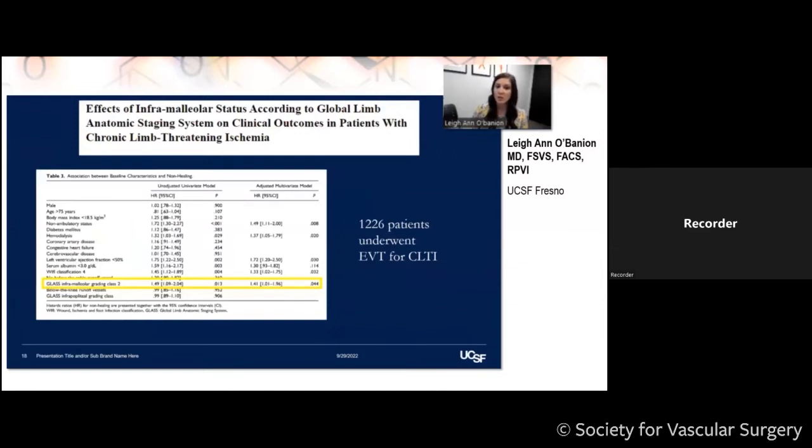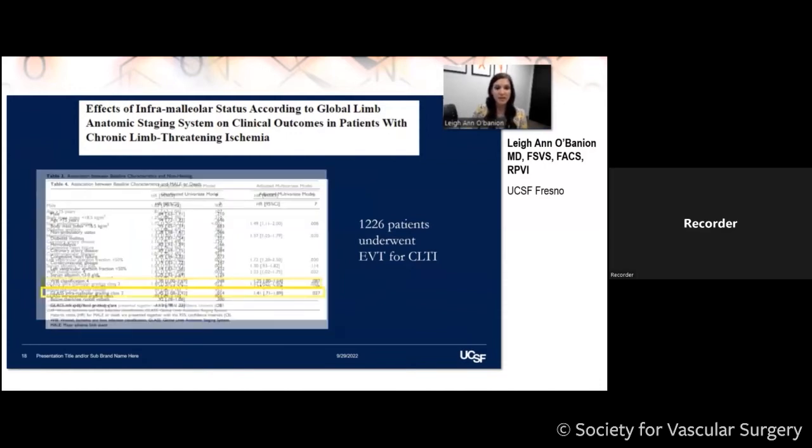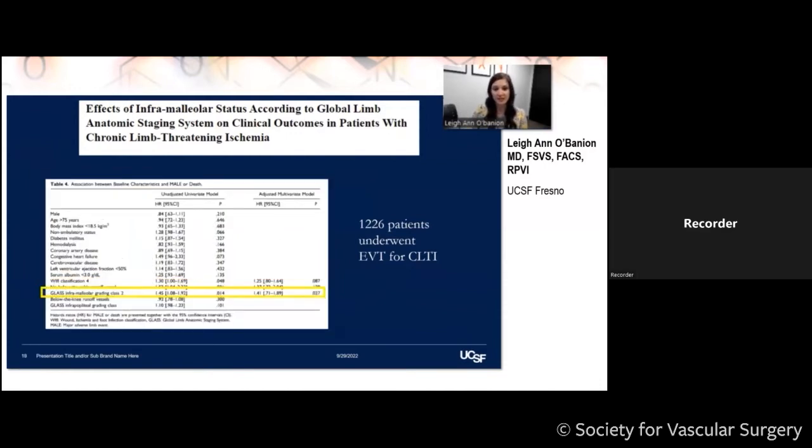Here's one study, like the one before, which examined GLASS pedal modifier and its association with outcomes on 1,226 patients treated with endovascular therapy for chronic limb-threatening ischemia. Overall, pedal GLASS modifier grade 2, non-ambulatory status, hemodialysis, an EF of less than 50%, and WIfI stage 4 were significantly associated with non-healing. But the big kicker here is that on additional multivariate analysis, modifier grade 2 was the only significant factor associated with major adverse limb events or death, further highlighting that the GLASS pedal modifier may hold more significance as it